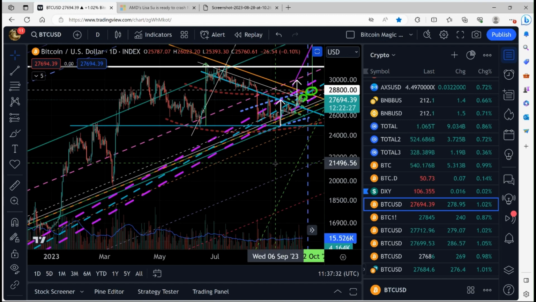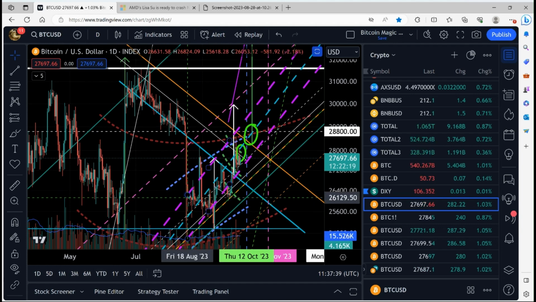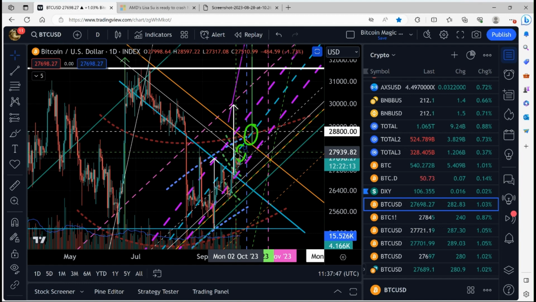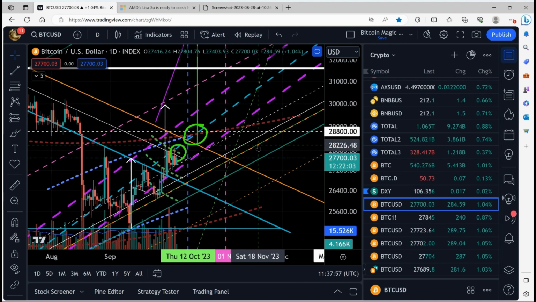I didn't draw it because that's where it happened to meet up. I drew it because this is where it acted as resistance, and the center line. Center lines are usually the key thing in drawing parallel channels, where you see a lot of price action using it as support and resistance. I'm going to stop right there for